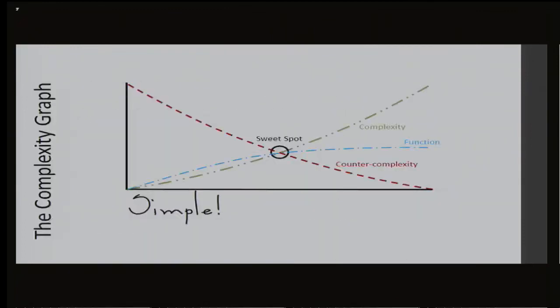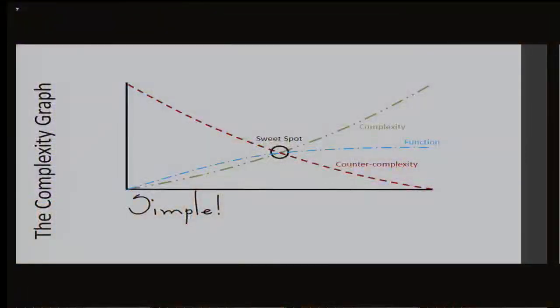So the point of this slide is that complexity has a counter complexity. When I add a tool or I add something to reduce my complexity, I'm actually increasing complexity somewhere else. I need to be aware of this and think about it. I can't just throw complexity over the fence to the network management guys. You just can't do it. You can do it, but it won't work for long, and then that part will fail. Partially also, my third line here is my function line. I have a particular set of services I'm trying to offer. As I increase the amount of services I'm trying to offer, clearly my complexity level has to go up. So there's a sweet spot between complexity, counter complexity, and function that I've got to get to.